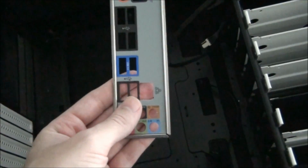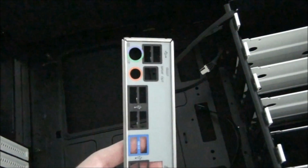Okay, and the way you do that, you need to first install the back I/O panel. This comes with the motherboard, it's in the motherboard box, and it goes into position just here, and it's actually quite hard to push them into position. You have to apply a lot of pressure to get them in. Okay, so I'll show you how to put that in now. Actually, I'll just get Matt to do it. Do you want to push that into position, Matt? So that's the way it goes,